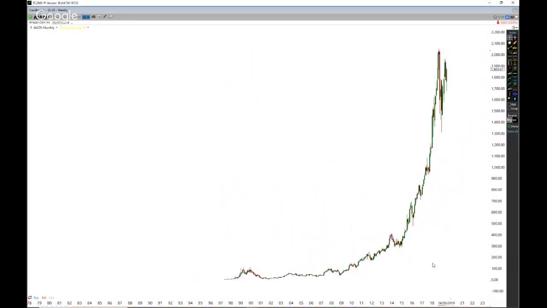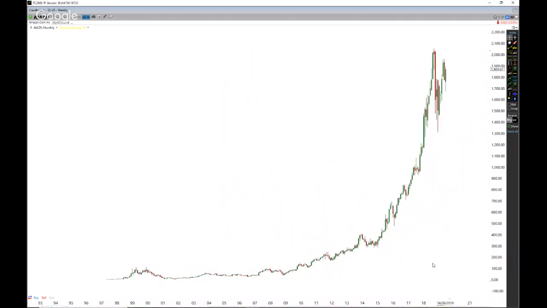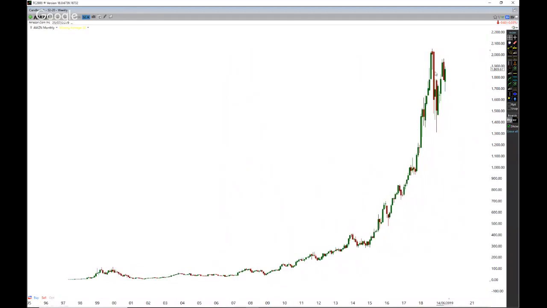we can just see an enormous move on the upside with Amazon, right? Just an enormous move. So over the last, what's that, 1, 2, 3, 4, probably 4.5 years, we've gone from 300 up to pretty much 2,000. That is an astronomical growth in Amazon, just an immense growth.